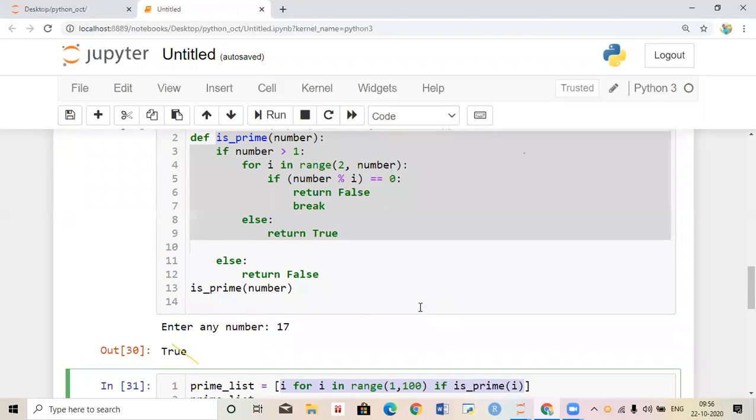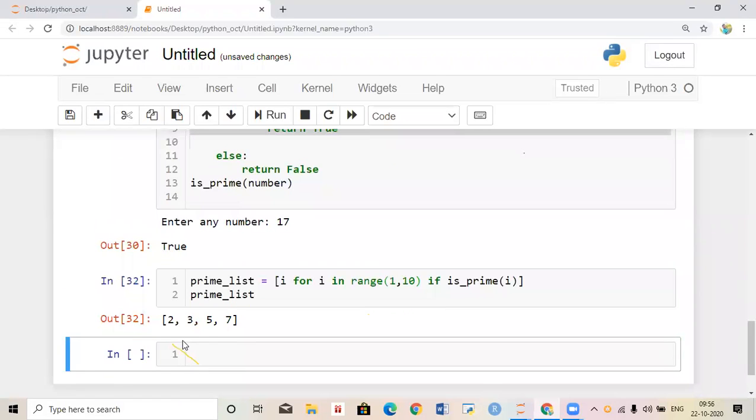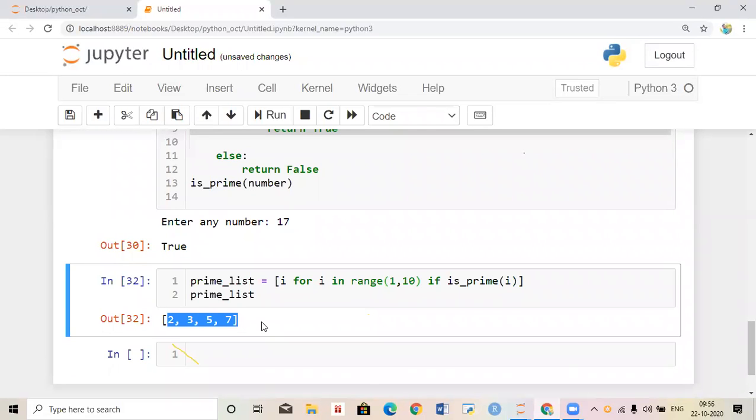See, if you take this as 1 to 10, and I don't use any end attribute, just run this one. It will print 2, 3, 5, 7 in a single row. A list will take values side by side only. If the number of elements is high, then it will go to the next row. It is separated by commas, so no need to take any end attribute. Remember that one: a list already takes values side by side.